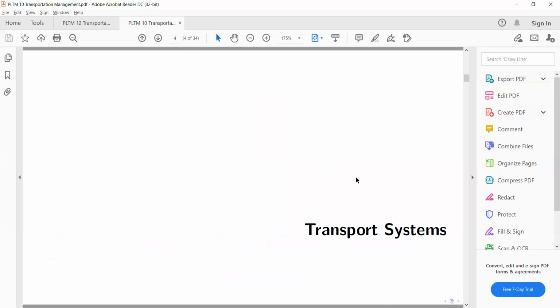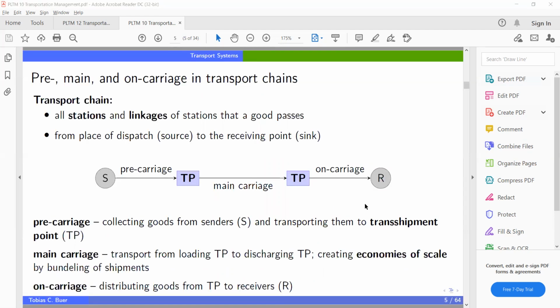Though the transport chains are discussed in this general overview of transport systems, we have a starting point: some sender who's sending goods to some receiver who should receive the goods, and then the goods are transported via transshipment points to the receiver. So think, for example, you order something from China to Oman, to Muscat in Oman, and then the sender uses